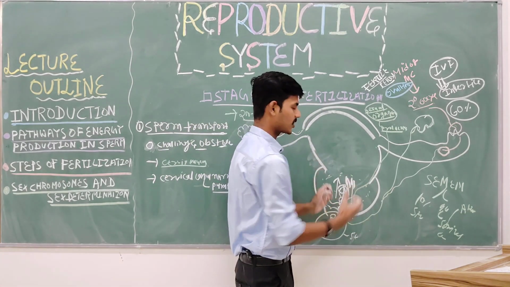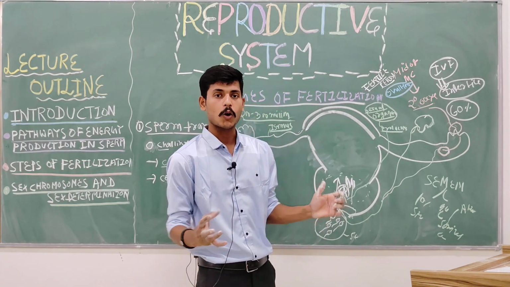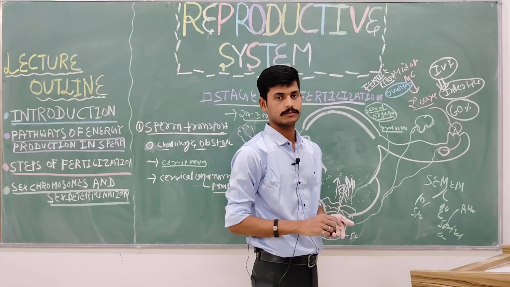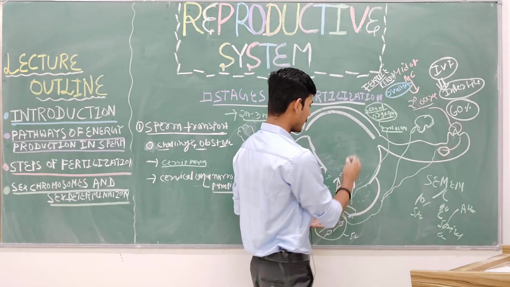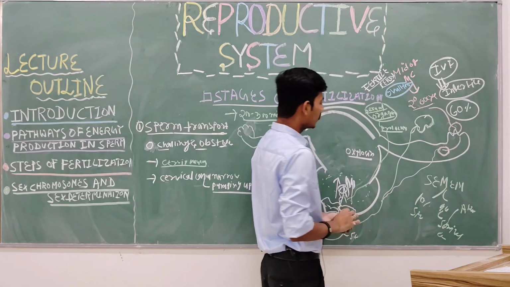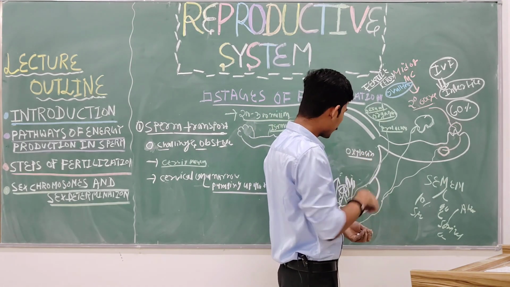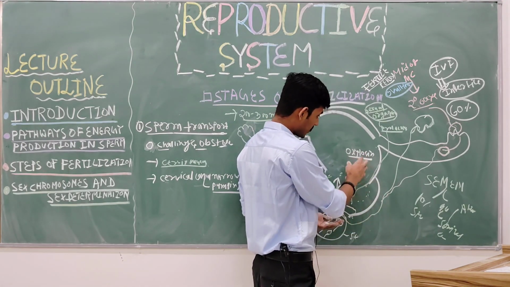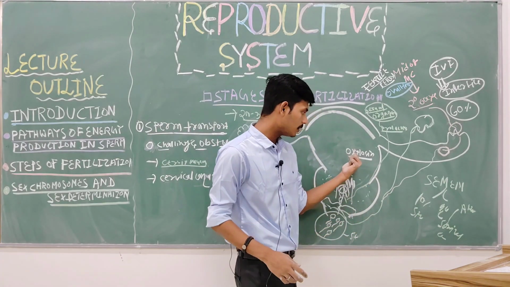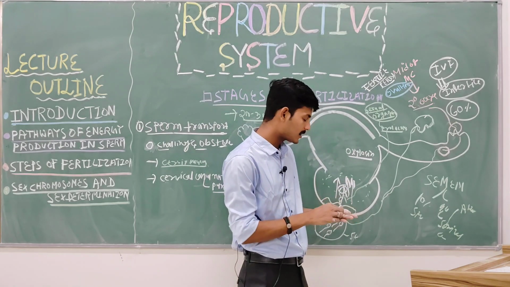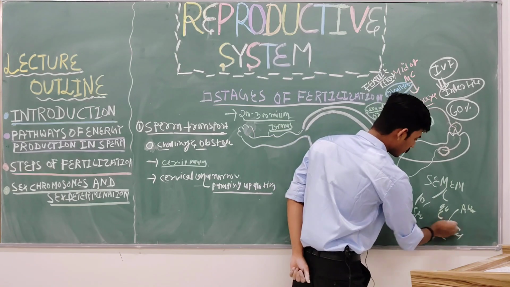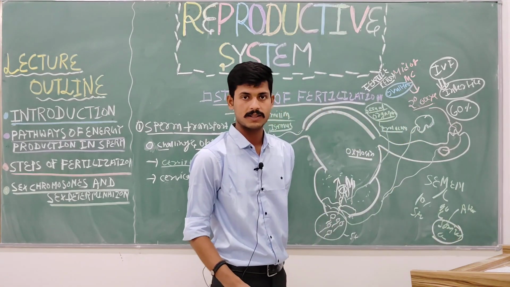There's a uterine contraction. This uterine contraction is done by the posterior pituitary, which releases a hormone called oxytocin, a birth hormone. The induction of uterine contraction is not only done by oxytocin, it's also done by some of the prostaglandins, which are present in the seminal plasma of the semen.